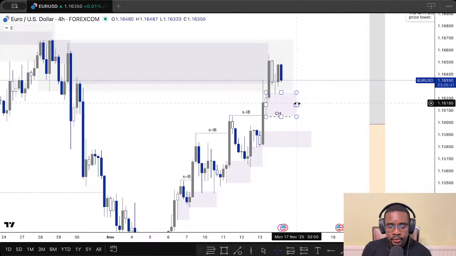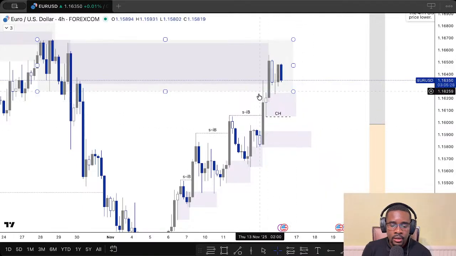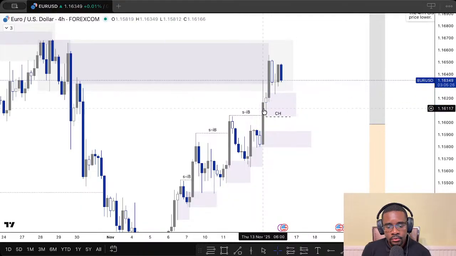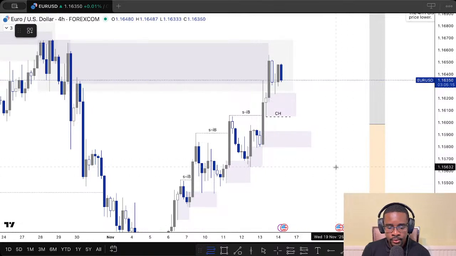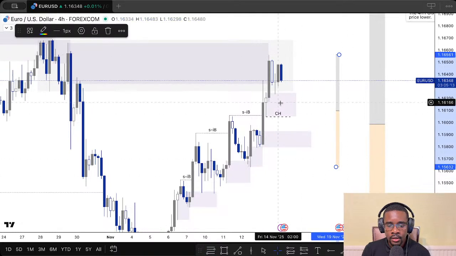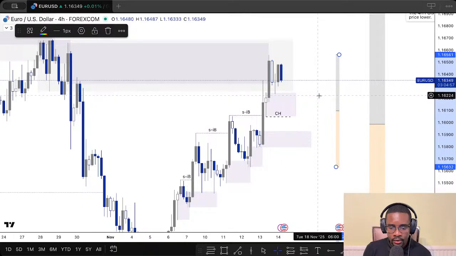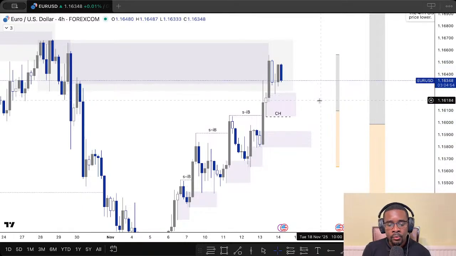So I wouldn't want to take a trade on this one because if we just push our premium discount, okay, yeah, it's kind of on the equilibrium, but it's already been mitigated. So if price comes back, it's likely maybe going to check it out. Okay, that's my view. Okay, why? Because we have